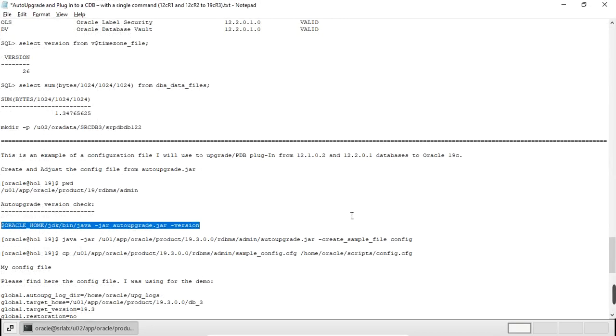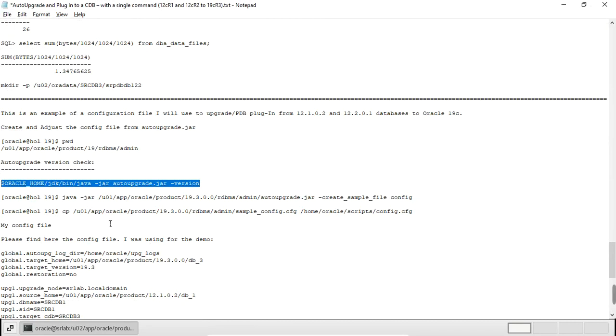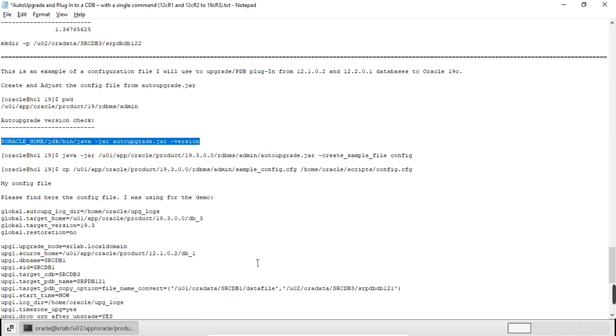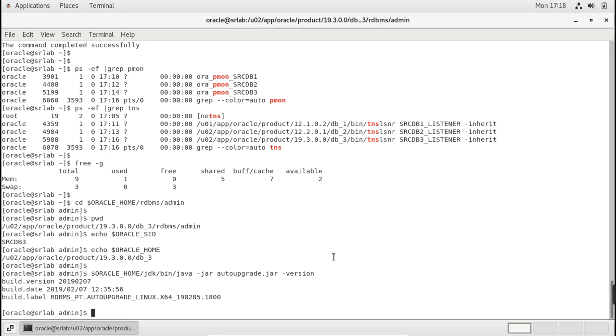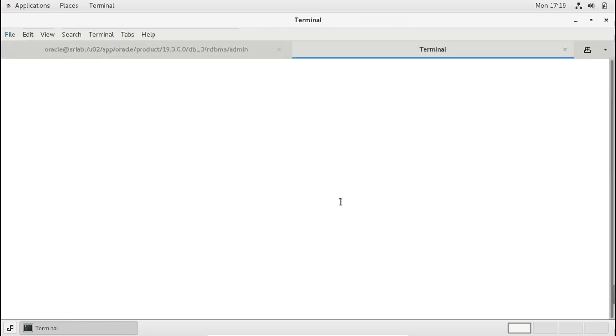After that, I have prepared the steps. Here I need to create the config file, and I will go ahead with one more tab.